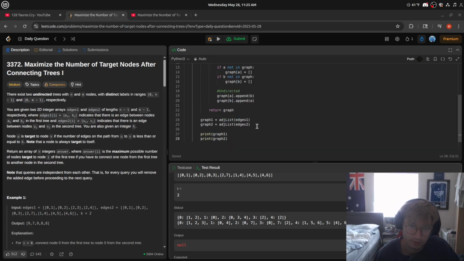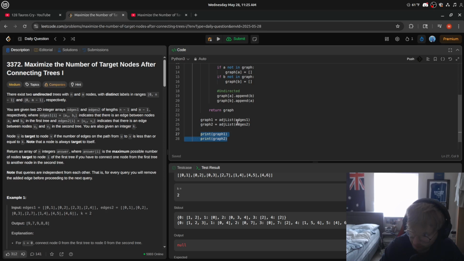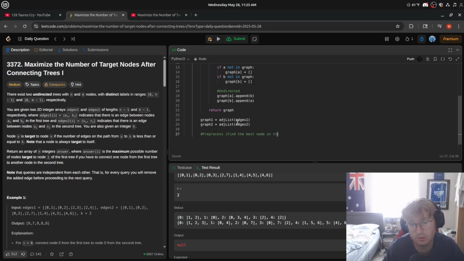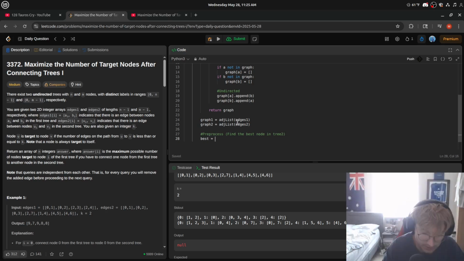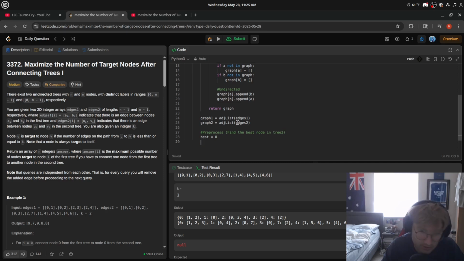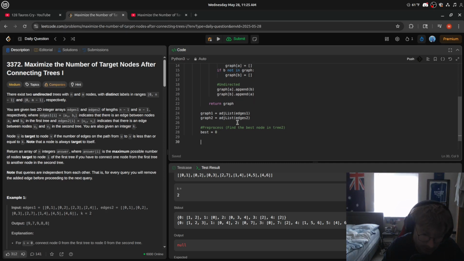Okay, so now we have to pre-process. We gotta find the best node in tree 2, right? So to find the best node in tree 2, he said in the video that we don't care about the actual node, right? We only care about the best value that we get, right? So we get our best here and we would go, okay, so for node in graph 2,